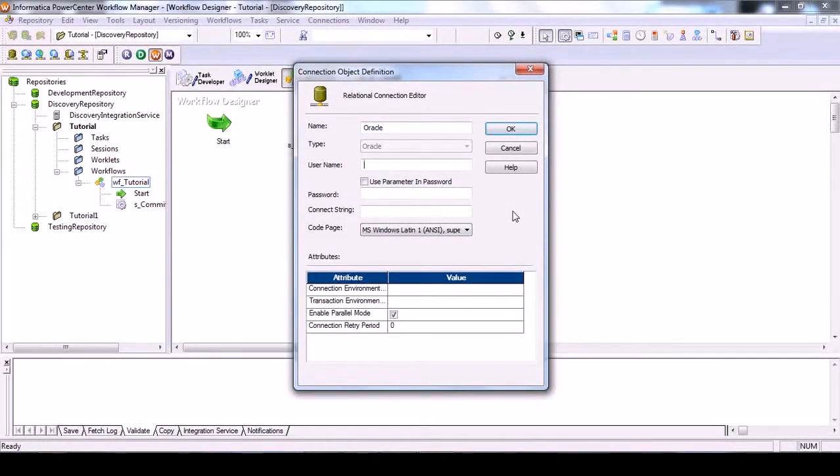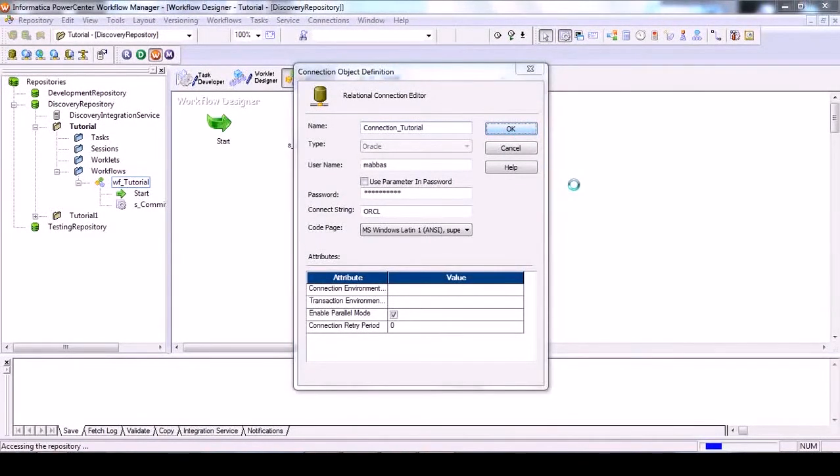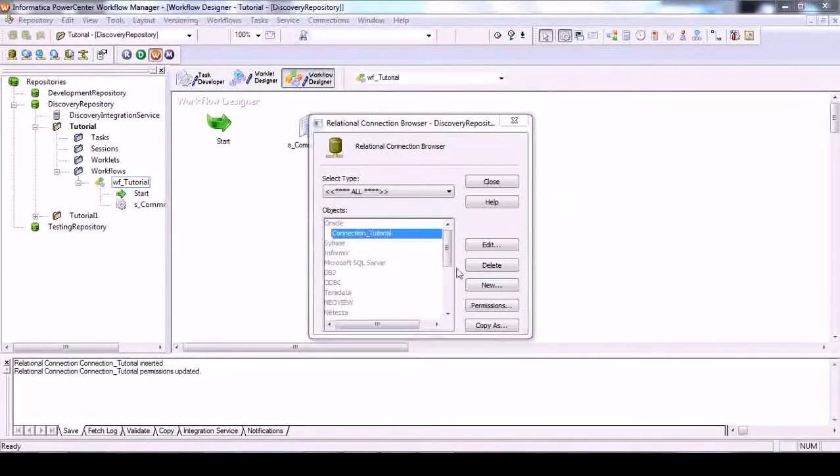We give the username and the password, and we get the connection string, and we name it connection underscore tutorial. Okay, so here we can see now one option. Okay, so that's good.